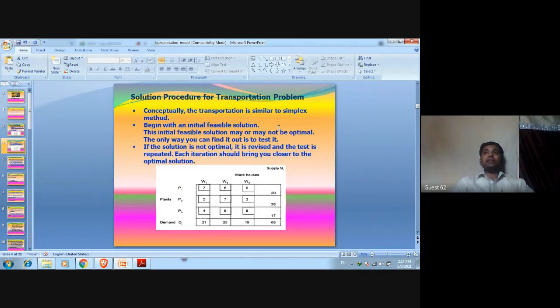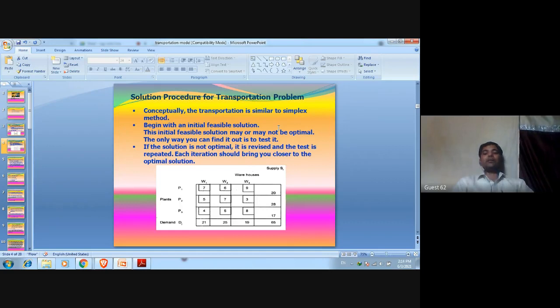So similarly here, just like in the simplex method, when we were trying to get the optimal solution, we had to make many simplex tables, table 1, table 2, table 3. Why were we creating them? Because we were trying to get the optimal solution. Similarly, in the transportation problem, we will also try to get closer to the optimal solution, by framing tables or any other method. In the transportation problem, we will apply some test.